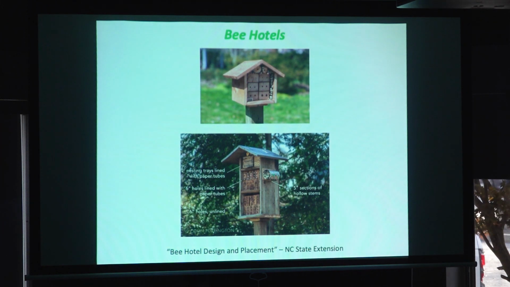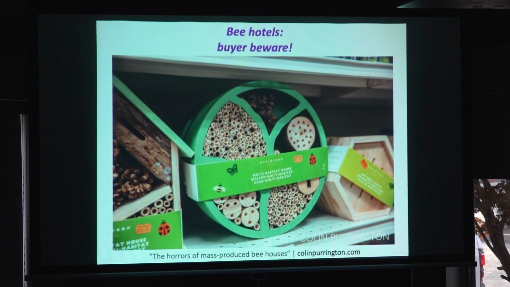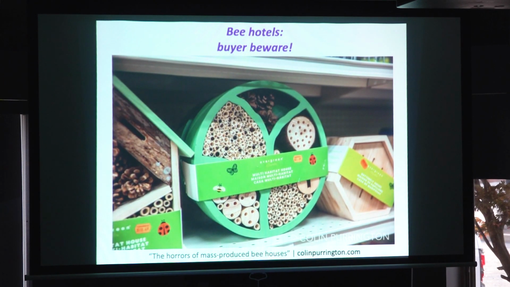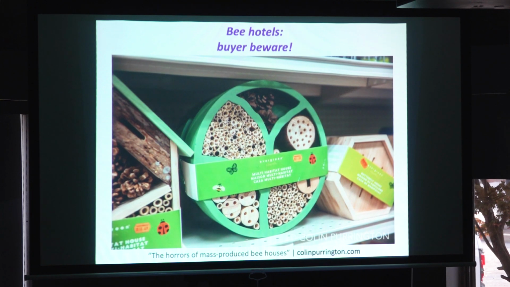Sometimes people like to make bee hotels. If you do, I'm counting on you, I'm begging you to be well informed about what helps them and what does not, because sometimes we can love things to death. If you see advertisements for a bee hotel that has different insects like butterflies and ladybugs on it, that automatically tells you they don't know what they're talking about. It has to be for native bees, not for the other insects. Nothing is going to use pine cones, and bamboo is the wrong kind of material to put in there. So again, please,